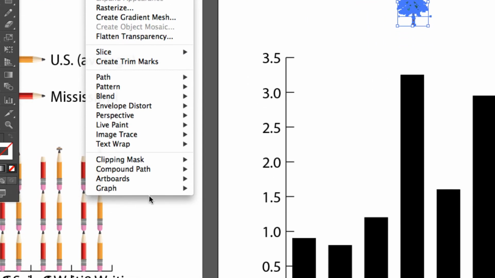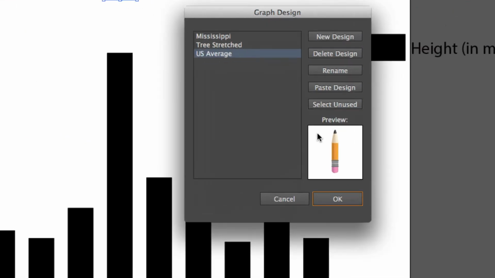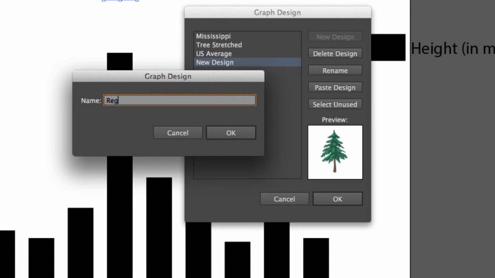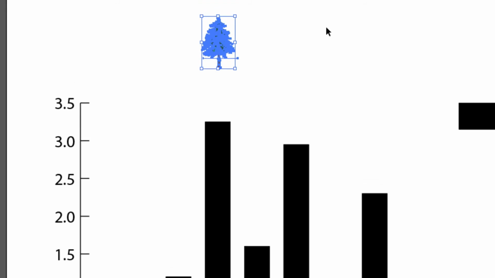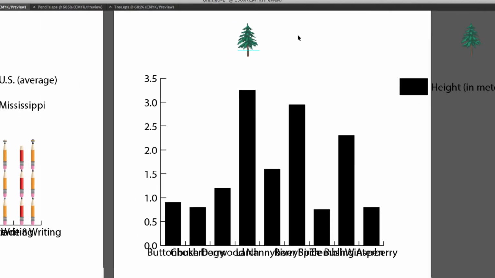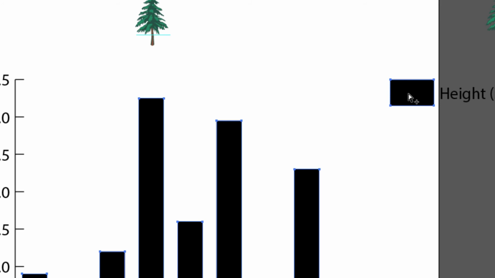Object, graph, design. In this case, we're going to make a new design. We're going to call this regular tree. Say okay to that. So what's the difference between this tree and my other tree? It has the line. The line's going to mean a lot. Now let's define it. Grab my group selection, double click on that,